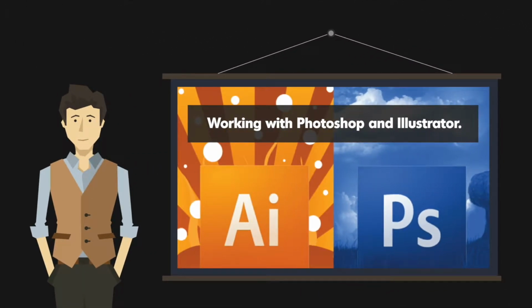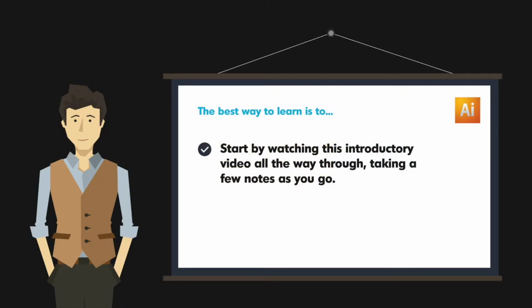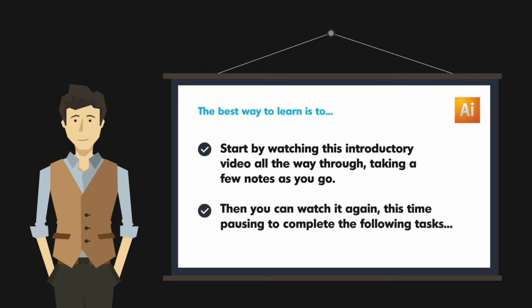Right, now on to working with Photoshop and Illustrator. The best way to learn is to start by watching this introductory video all the way through, taking a few notes as you go. Then you can watch it again, this time pausing to complete the following tasks: downloading Illustrator